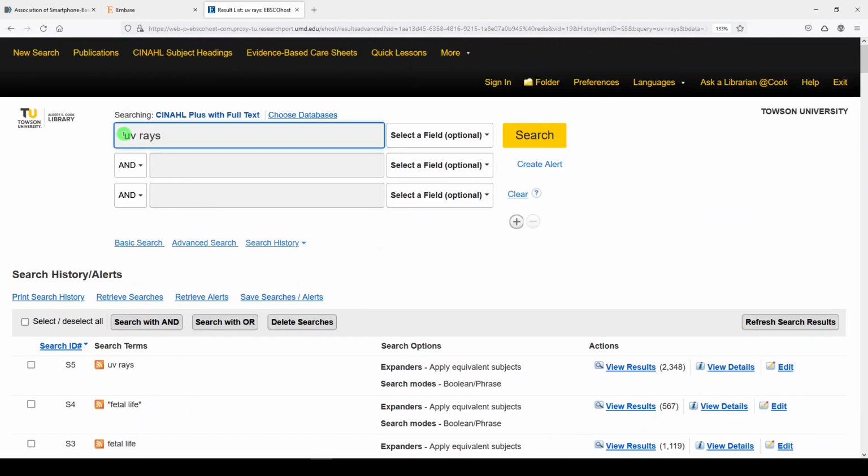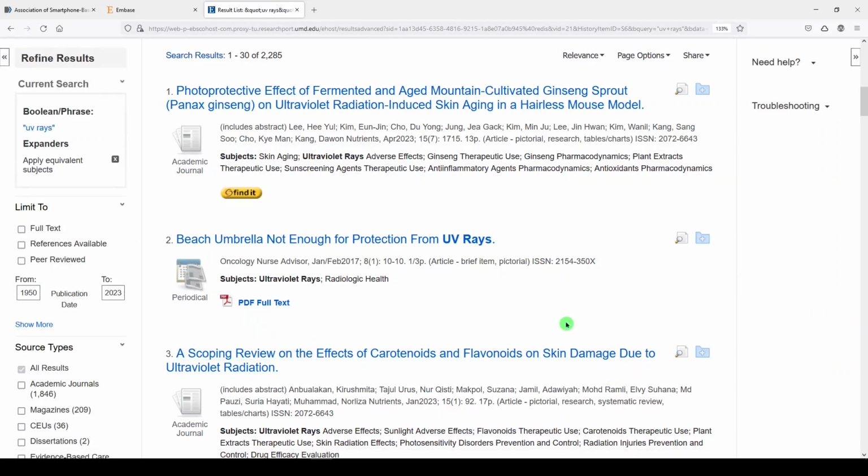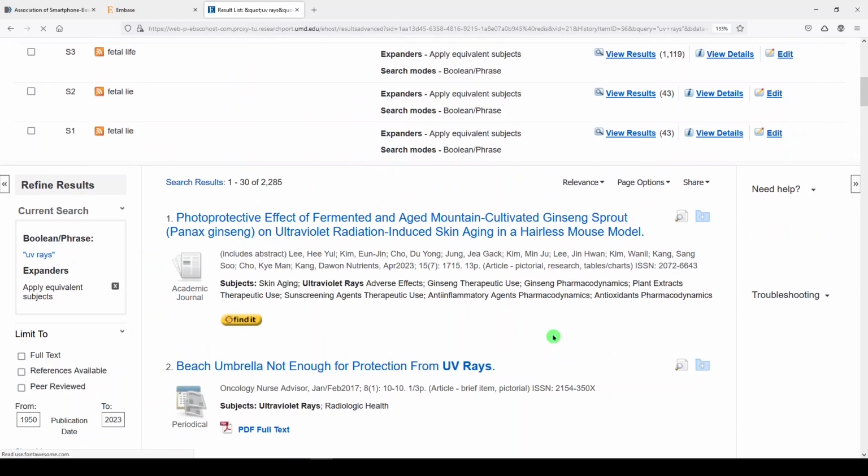We want UV rays. We'll put quotes around it, click search, and 2,285. So in this case, it didn't make a huge difference, but enough of a difference to be significant, enough of a difference for you to please understand how your search works before you decide to run it.